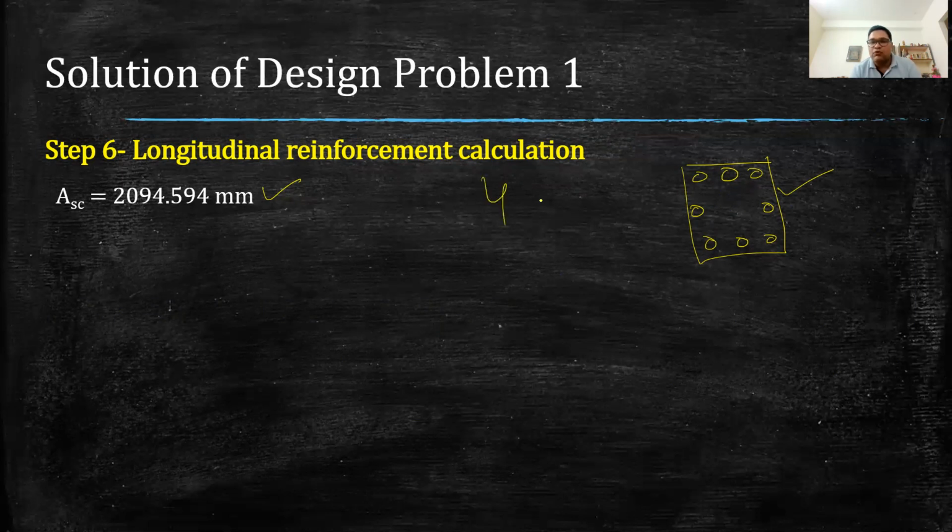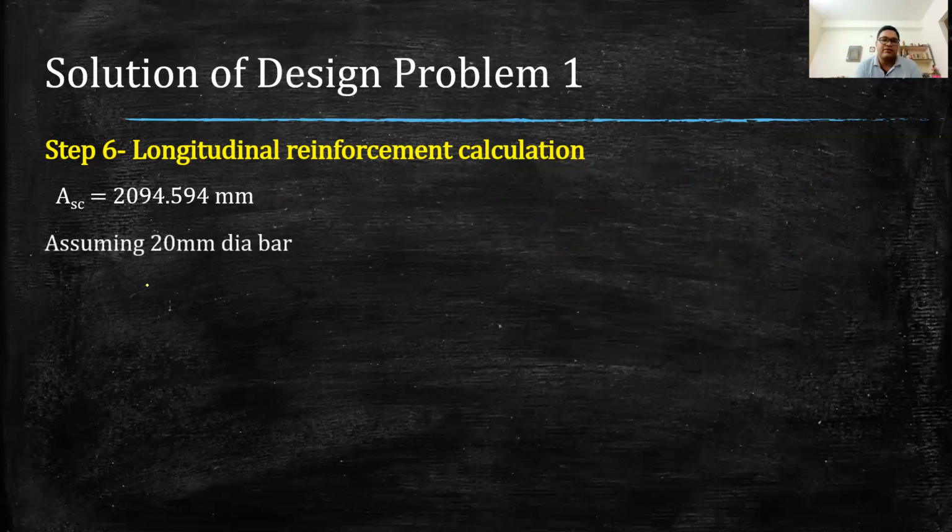So either we have 4 bars, then the next possible number is 8 bars, because we want to provide our reinforcement on each face as equal reinforcement. So on each face you can see there are 3 bars. Similarly, in case of 4 bars, at each face it was 2 bars. So here we have to first assume the dia of bar, and based on that dia of bar we will then find out the number of bars. So area of steel is calculated. Now we will find out the number of bars.